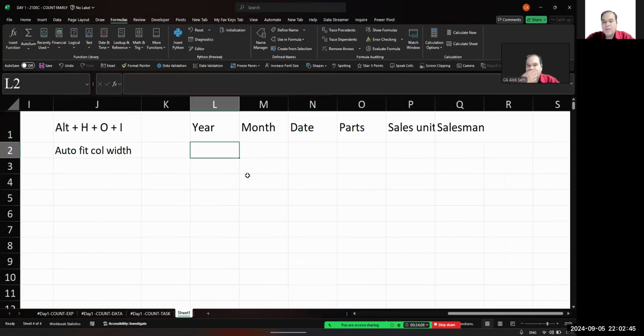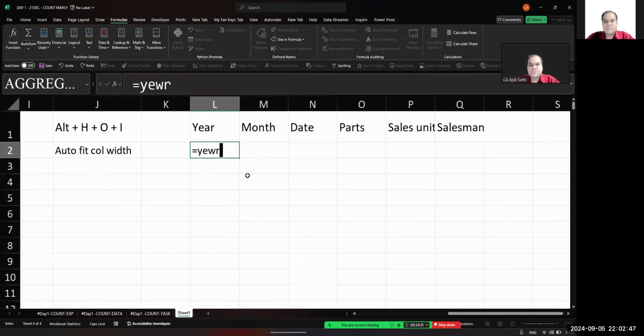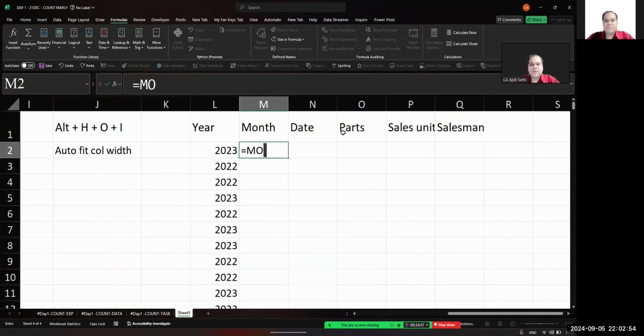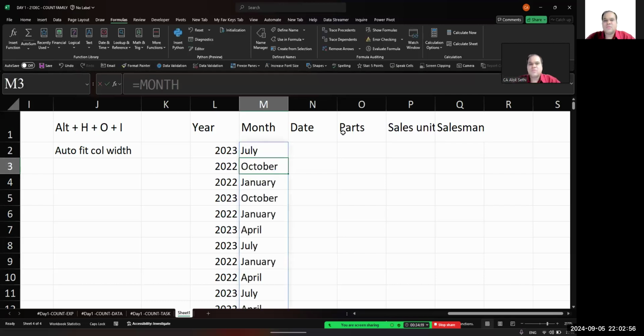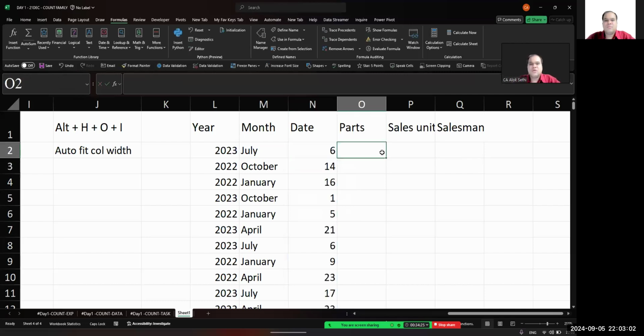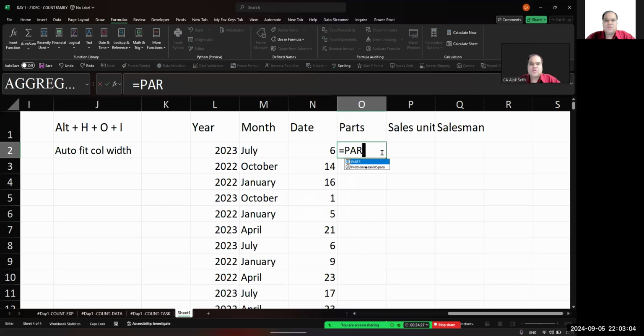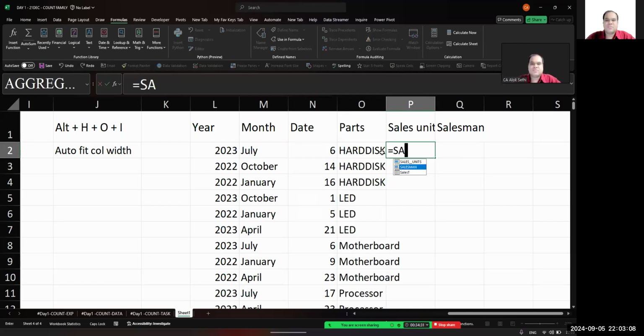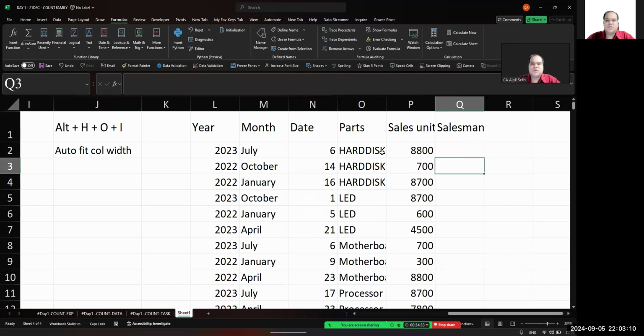Okay? It is a blank. Now I'll type year is equal to year, and you'll get all the values from the year. Similarly, if I type month, you'll get all the values from month. Okay? Date, all the months, all the dates. Parts, all the parts. Sales unit, all the sales unit. Salesman,